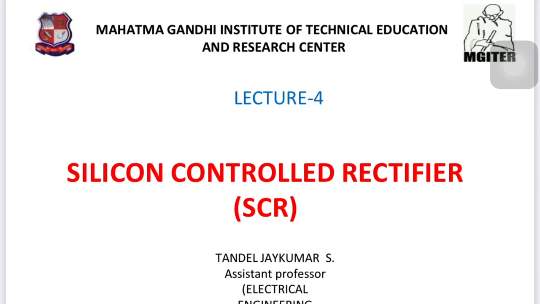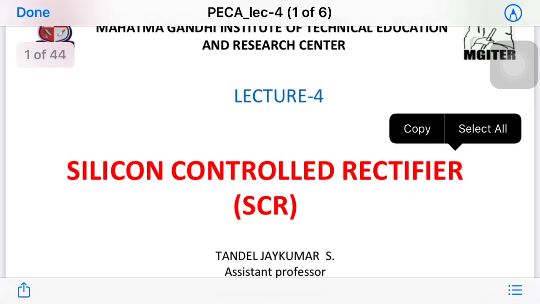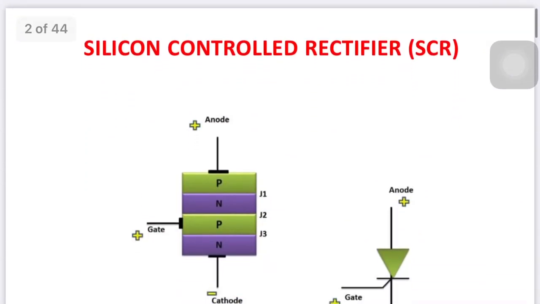In the previous session we discussed basic power semiconductor devices and their applications. Today we are going to learn about the most important power semiconductor device, called the silicon controlled rectifier, SCR. It is mostly used for rectification purposes in power conversion. That is why the last word is rectifier. Silicon controlled, because it is made up of silicon semiconductor. So finally they call it silicon controlled rectifier, SCR.